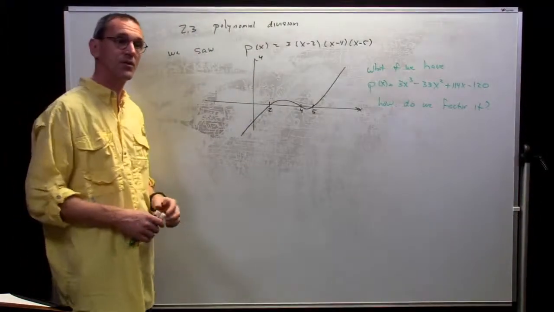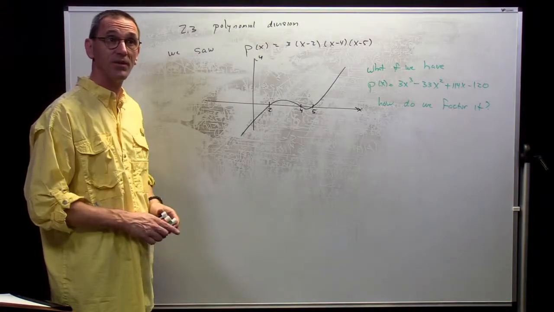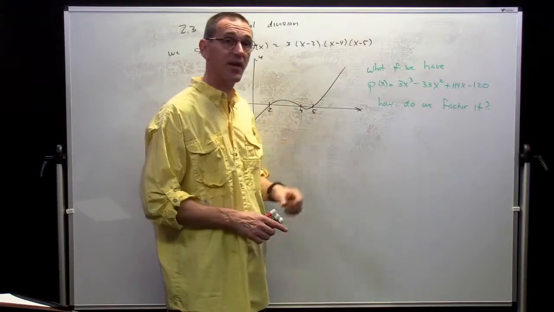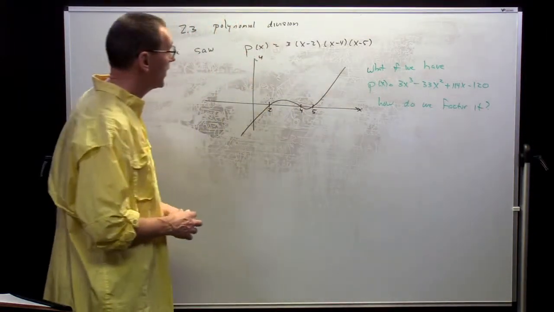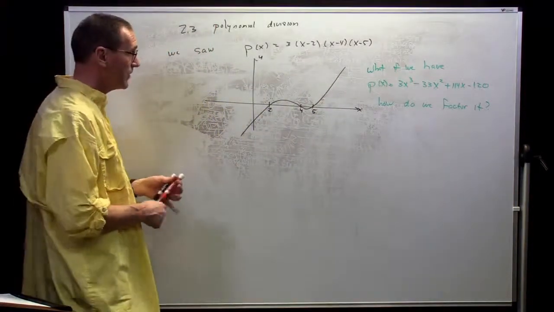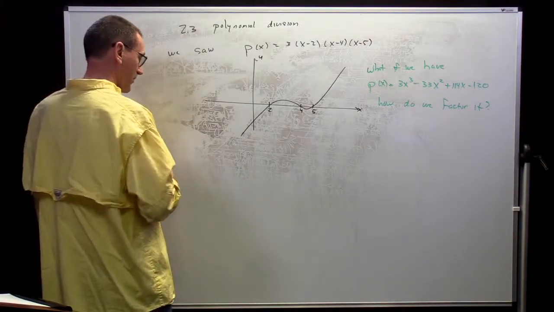So basically what I'm going to do is use polynomial division, and I'm just going to demonstrate this using a couple examples. So these are things you've probably seen before. You may have done this with synthetic division. I'm going to use long division, just so you see how everything comes out. But the idea is just I'm going to have to find a way to factor this. And what's important here is if I've got a polynomial,